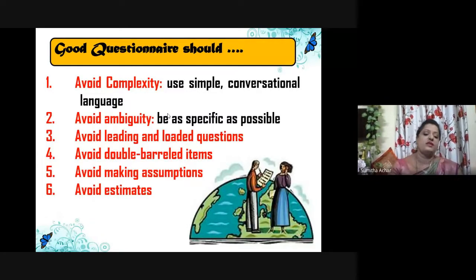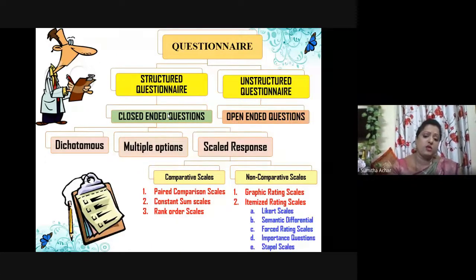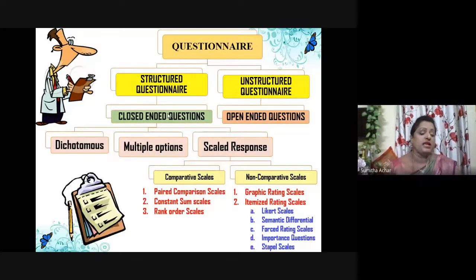At the same time, you should avoid estimates as well. What are estimates? You should not make the respondents have to think, right? For example, if you're asking respondents about their age in days, the respondent may not be able to give you this kind of information. So avoid estimates. Having said this, I'm sure this has also been discussed with you, right? Because a research questionnaire is an important tool for primary data collection. You can take a screenshot of this, friends, so that you get clarity on the types of questions that can be included in the questionnaire.